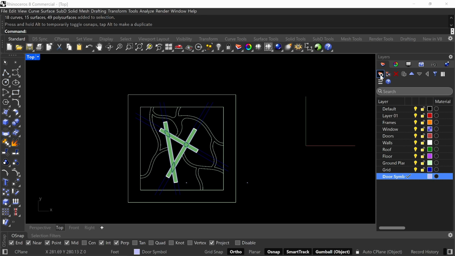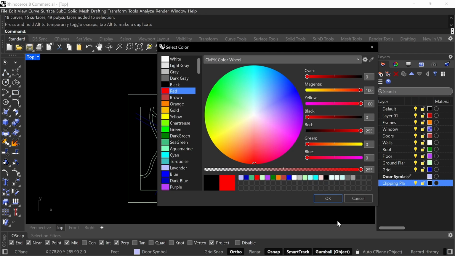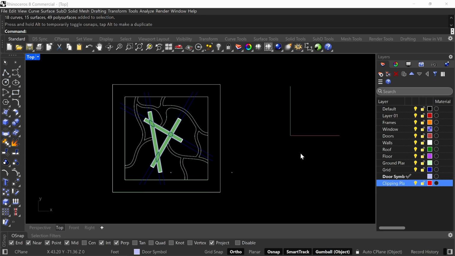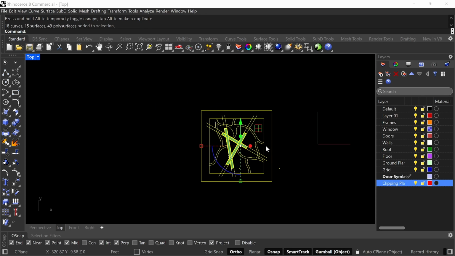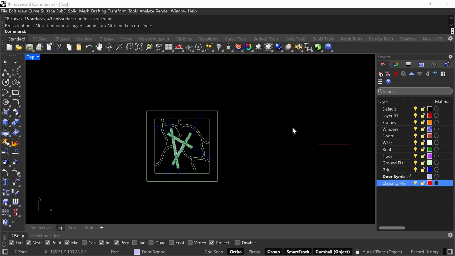So I'm gonna make a new layer. I'm gonna call it clipping plane. And I'll make that red as well. Okay, so what I'm gonna do is we're gonna make a clipping plane, and then we're gonna make 2D, and I'll show you how we can adjust and make 2D both in Rhino and in Adobe Illustrator. And then from here on out, we'll just purely work in Adobe Illustrator. If you already know how to do this stuff in Rhino, and I'll preface this again, you can skip ahead to Adobe Illustrator. So